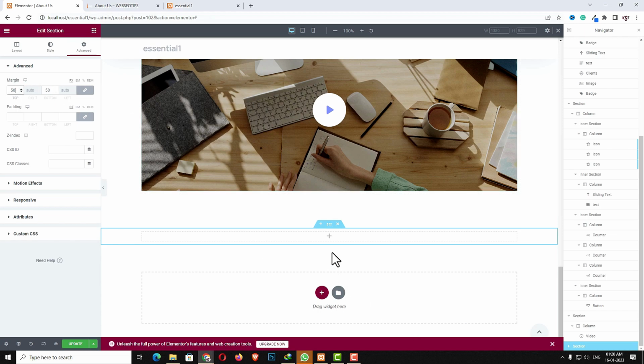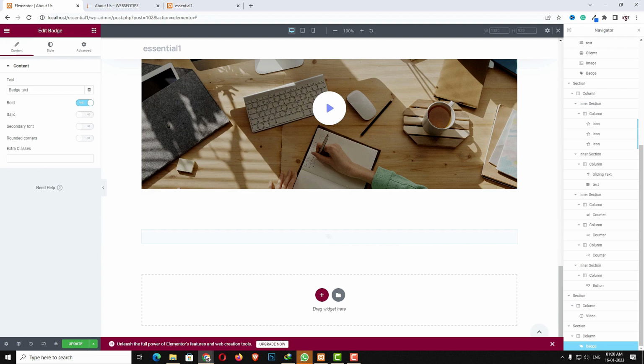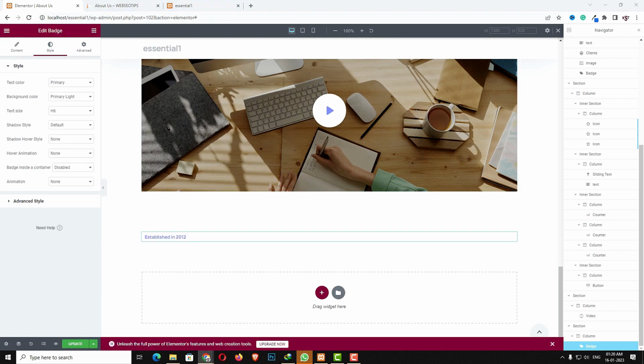Okay, so next here click on this plus option and let me search for the badge. So here you can see the badge, just drag and drop it here. Next the badge text, that will be this one. Enable the secondary font, come back to the style option. So now the text color, that should be black color. After that background color, suppose I am taking gray 1 or gray 2, whatever,